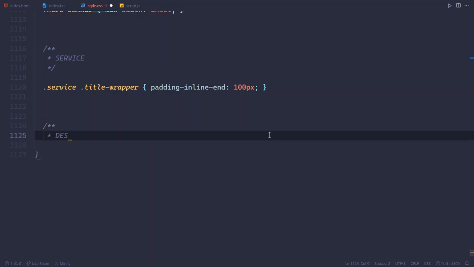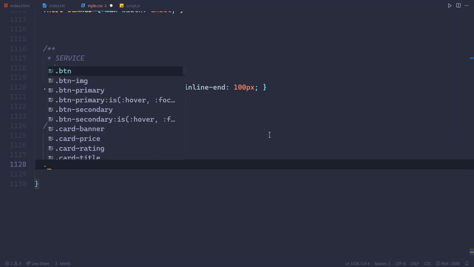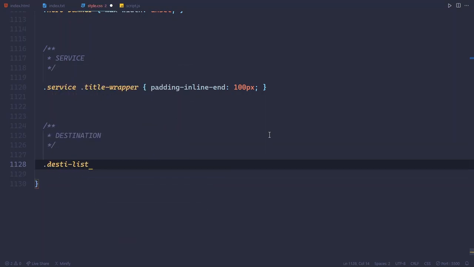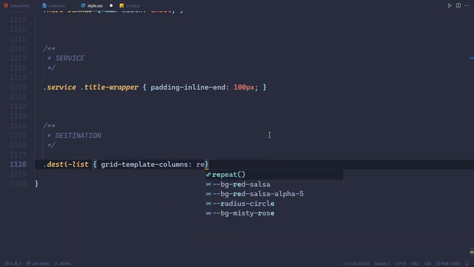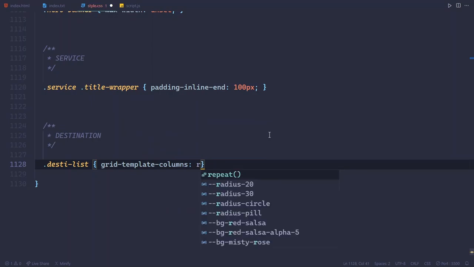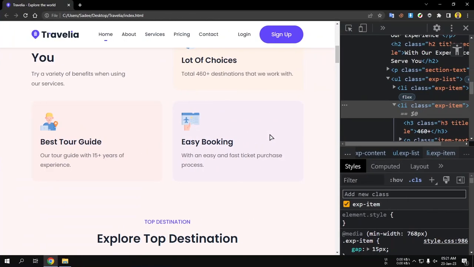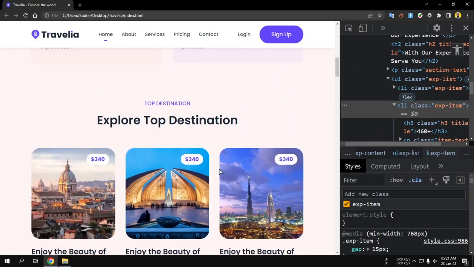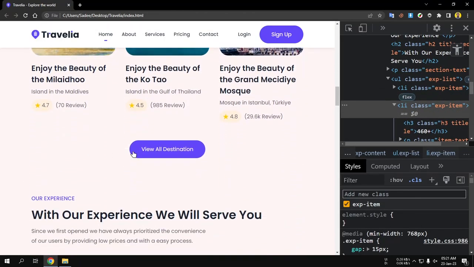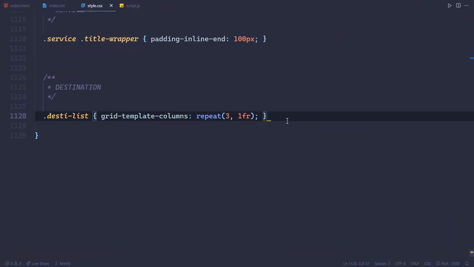So for the destination, let's comment out first, and select the destination list, grid template columns, repeat 3 and 1fr. Alright, like this. And now this is the experience. So for the experience,